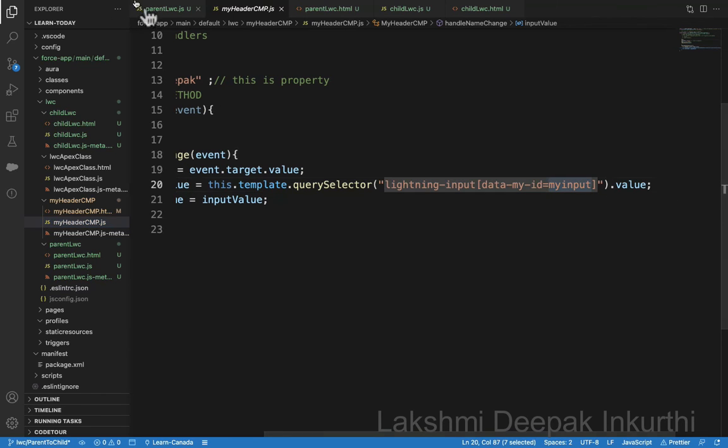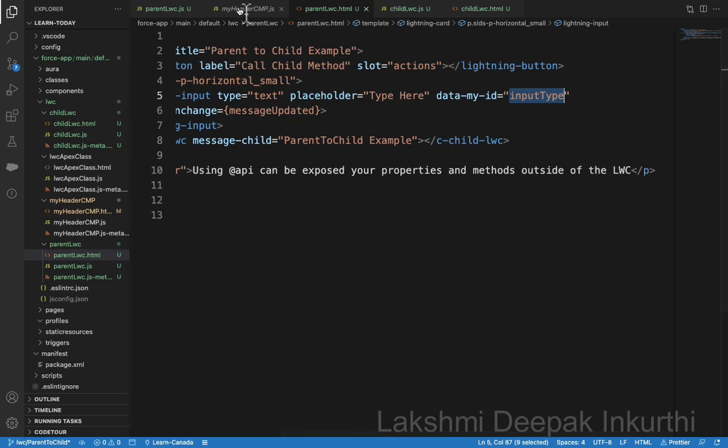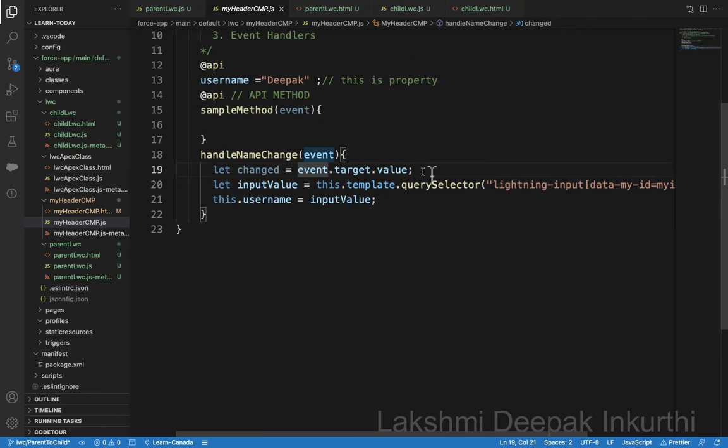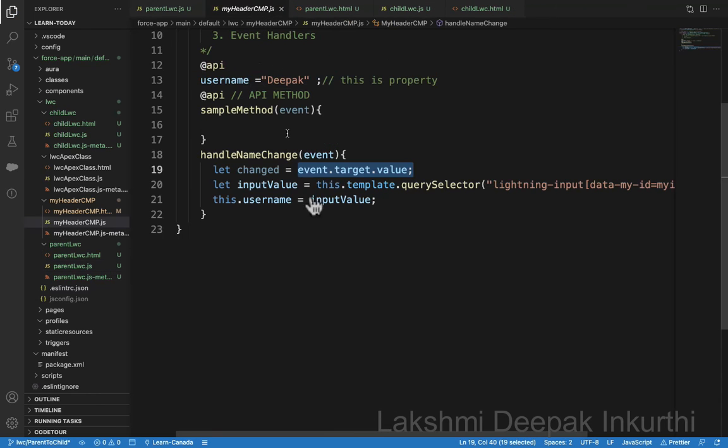Instead of my input, what is there here? Input type, right? Yes. Same thing. So for now, I'm just checking event.target.value. I'm just picking up event.target.value. Let data value equal to event.target.value. This is fine, but how can you pass this dynamic value to